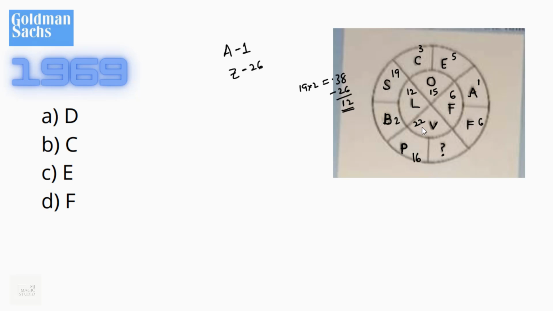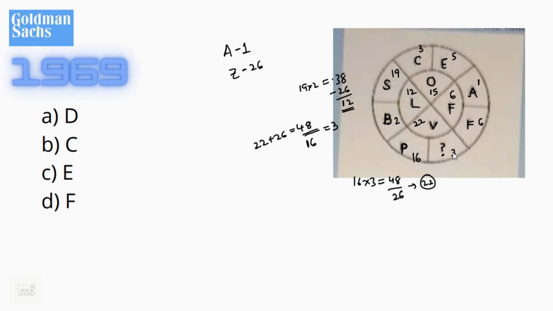But we are getting 22. So let's first convert that into a number which would be divisible by 26. Yes, 22 plus 26, we are getting 48. Now 48 when divided by 16 gives us 3. So if I put 3 here, 16 into 3 would be 48, and when 48 is divided by 26, the remainder is 22, so we will get a V.